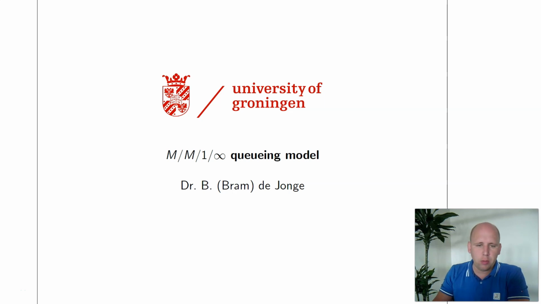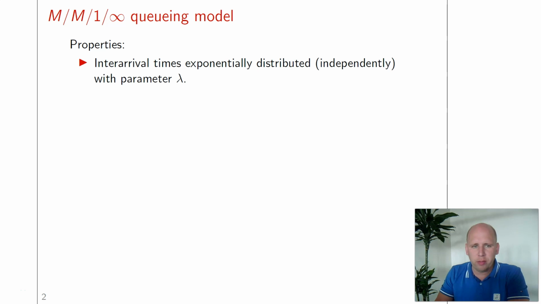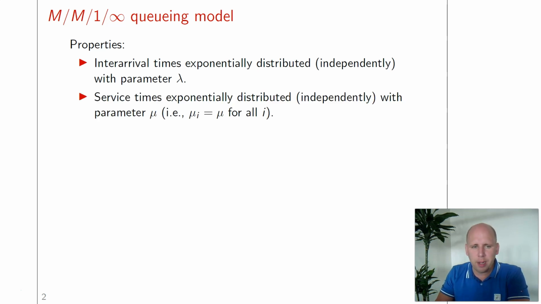This video is about the M/M/1/∞ queuing model. So it's the queuing model with inter-arrival times that are exponentially distributed with parameter lambda. Service times are also exponentially distributed with parameter mu. And because we have one server, the service rate mu_i is the same for all numbers of customers in